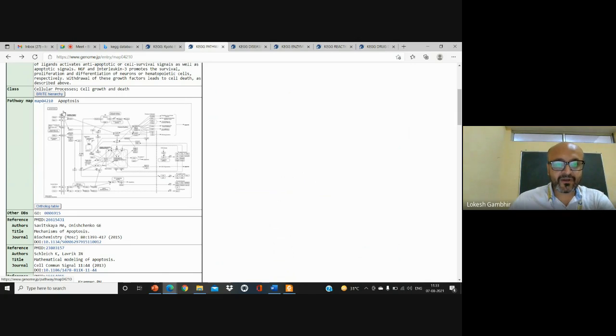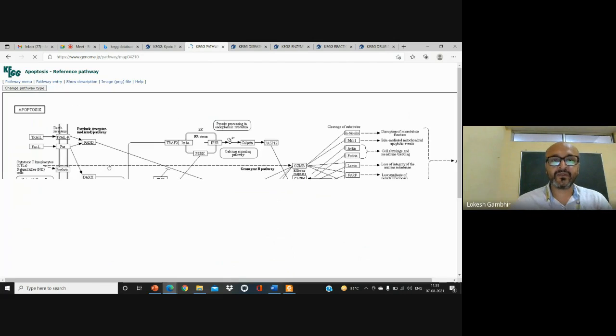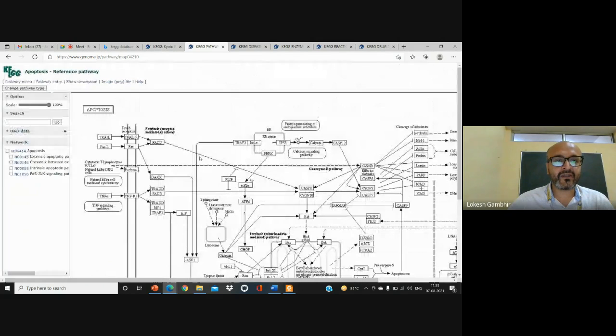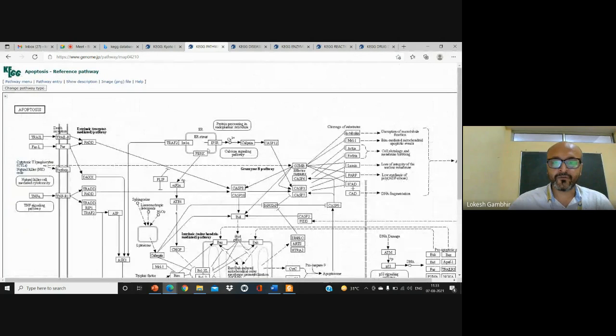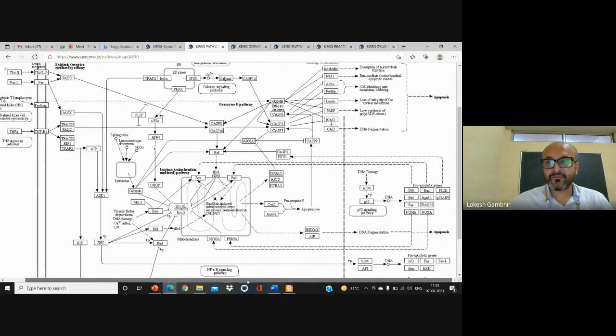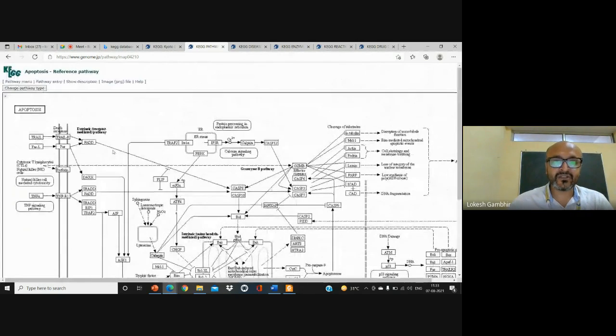So this is the pathway that is given for apoptosis. You click on this and you will get an enlarged picture. See, the complete signaling is in front of you. You need not go anywhere else. You can take any protein you want to study. If you are going for apoptosis understanding, the complete protein part is there. And additionally, you can download this particular image.